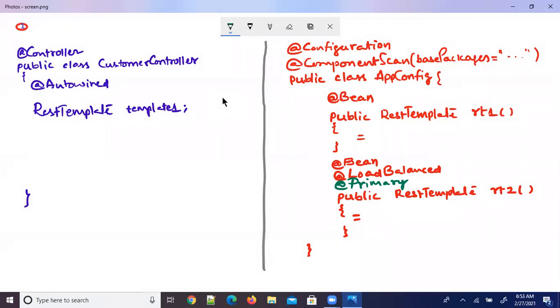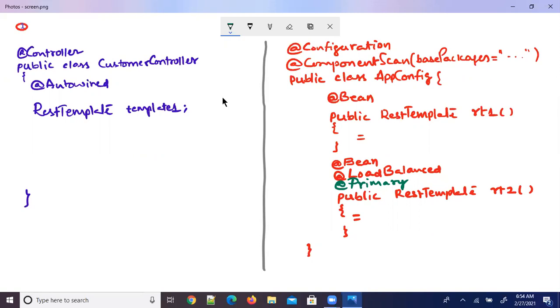So which annotation have I used? @Primary. The @Primary annotation is going to be used at method level. So by writing this @Primary annotation at method level, now this object will have more priority in autowiring. I came to know that at configuration time.